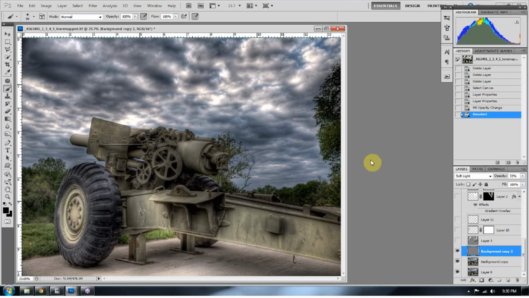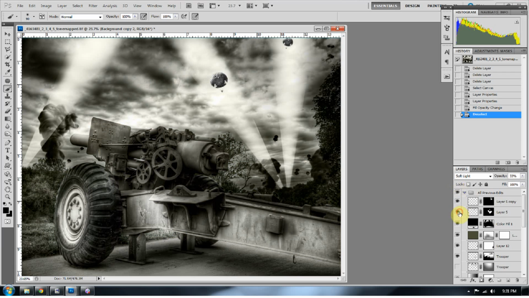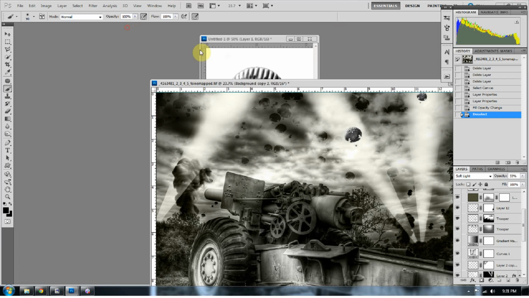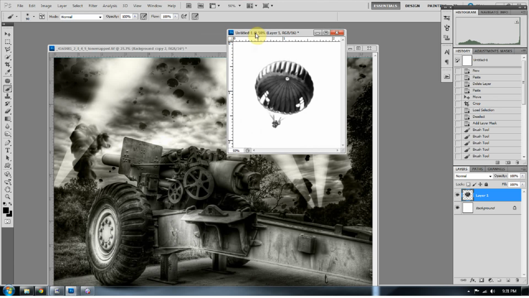Here is the original photo, and then I did a lot of tone mapping and post-processing to get it to this point. But one of the things that I want to point out to you are the paratroopers in this picture, and how I got the paratroopers to be so random without copying and pasting them a bunch of different times. So what I have here is a